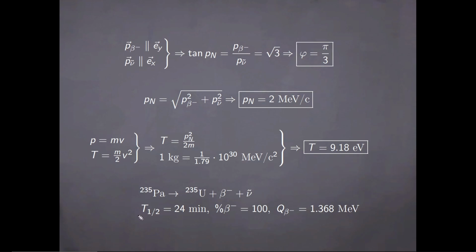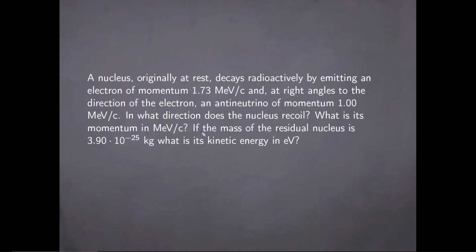The observed half-life for this kind of beta decay is 24 minutes, and the half-life itself is entirely found in the beta decay channel, so this nucleus doesn't have any other observed decay modes, but the reaction energy itself is seen to be equal to 1.368 MeV, so it doesn't really add up with the